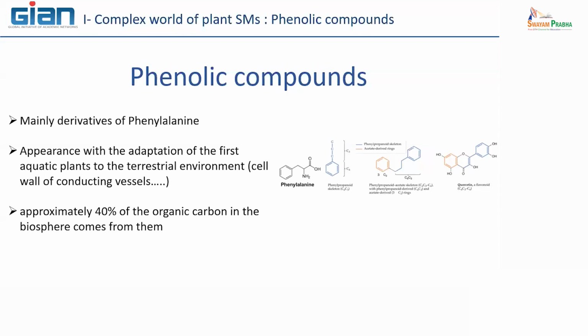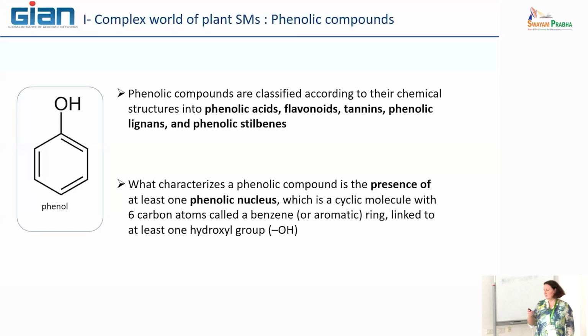Lignins. Okay. It is one of the most important molecules of these phenolic compounds because by itself it accounts for more than 30% of the accumulation of carbon. So this is important. And lignins are very interesting also to study and also to produce for several other applications. And as for terpenes, the first molecule was isoprene. For phenolic compounds, this is why we call them phenolic, it's phenol. Okay, phenol is a very small molecule with a benzenic ring and also with a hydroxyl